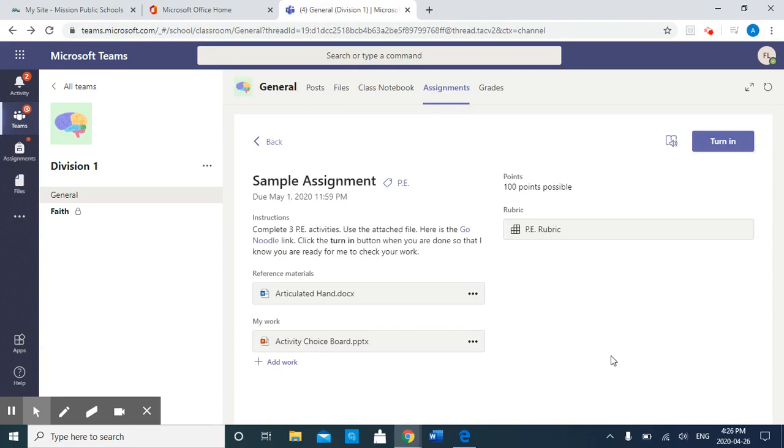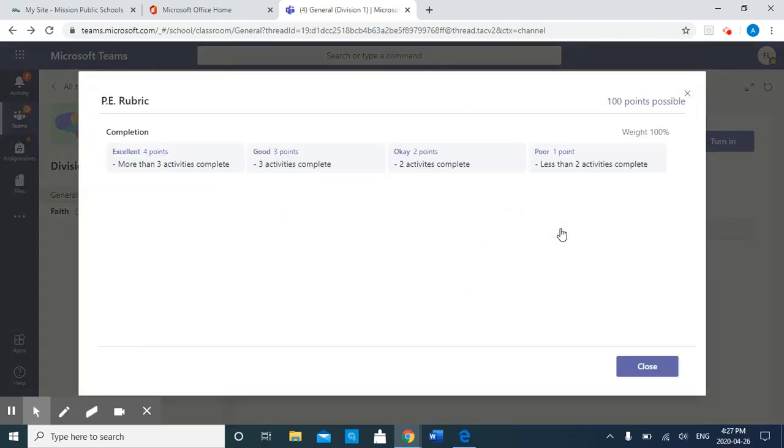Once you're done looking at the instructions and then the reference materials, if there are any for your assignment, I would next look at the points and the rubric. Sometimes there won't be points for an assignment, but for this particular one, there are 100 points possible. And oftentimes when there are points associated with something, there's also a rubric. And if you click on the rubric, that'll show you exactly what your teacher is looking for. So it shows you from poor to excellent what that looks like, and then it tells you how much each